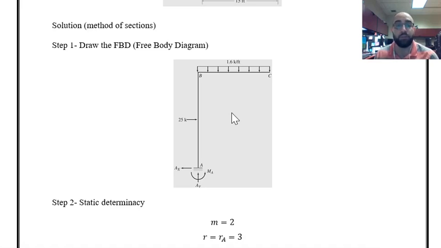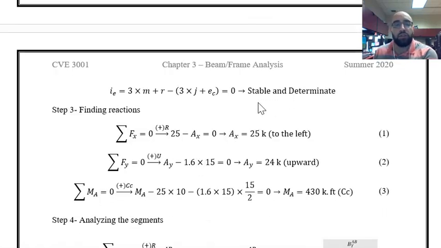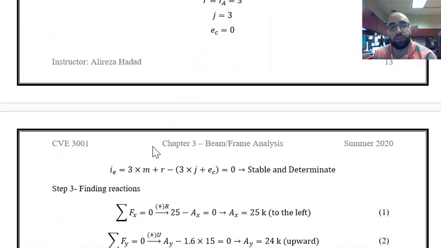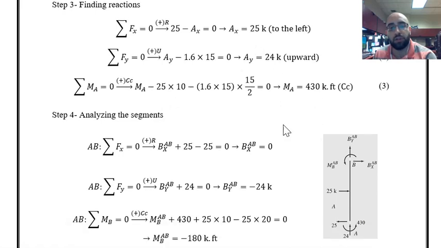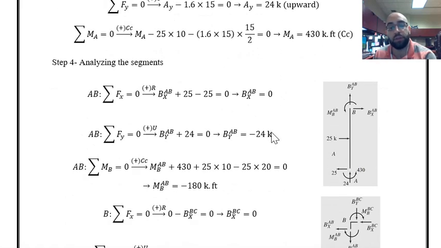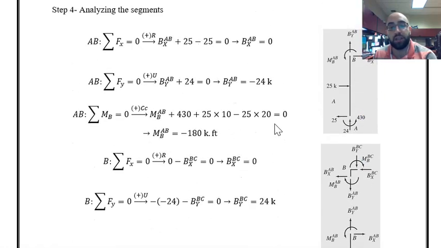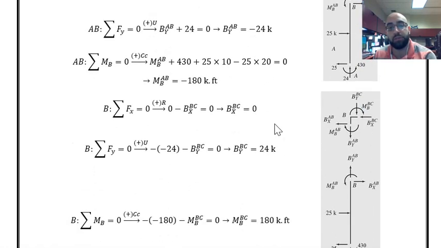That depends on the assumptions that you have, but these are different ways that you can solve this situation for the frames. After finding the situation, we can write the equations of equilibrium. Since we had only 3 unknowns, I could simply find the reactions by considering the equations of equilibrium. And then the important point for analyzing the frames is breaking the members in the frame into different parts,